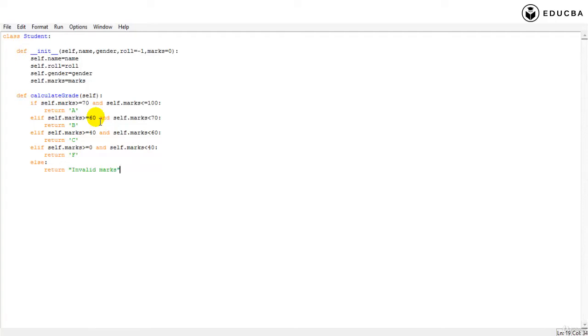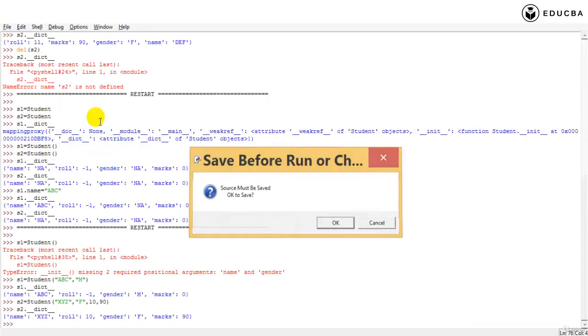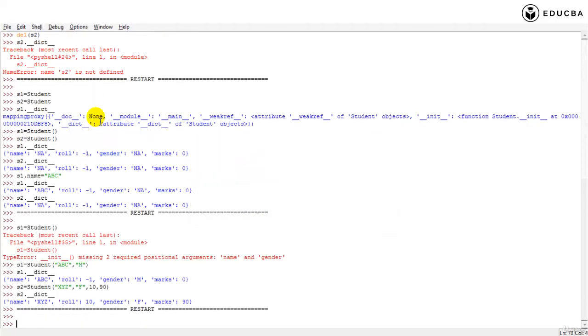Right? So with this we are done with the marks out here. With this we just run this out. Let me say I'm creating my first student, ABC, gender is male, roll number is 10, marks is 50.